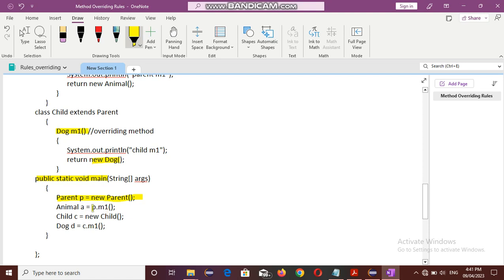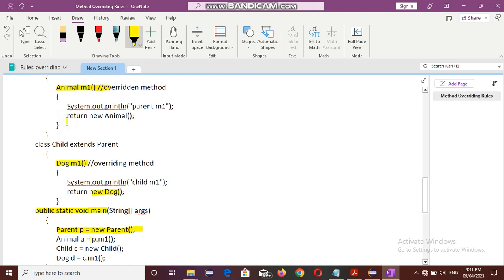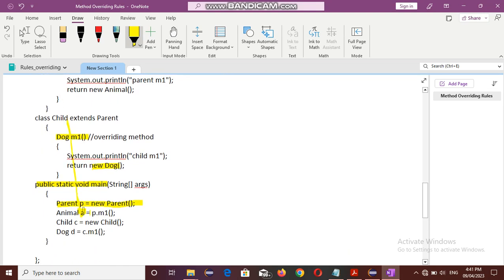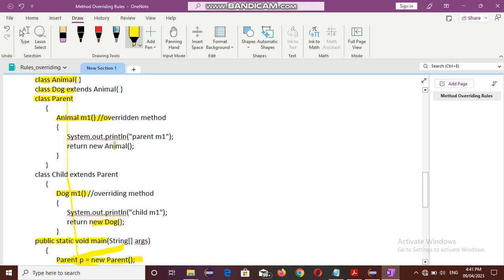Using a reference of the Animal class, which is the parent, and Dog is the subclass, so a parent can hold a child. So p.m1 means the parent class m1 method will be invoked here.